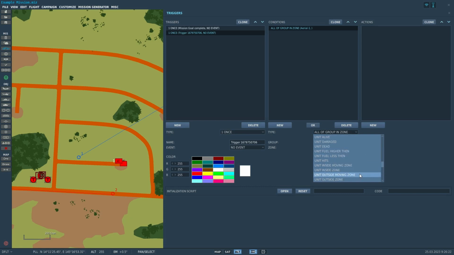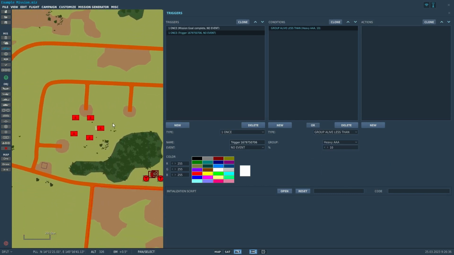Another good one is group below, group alive less than, and you can think of this group alive less than as a sort of group health indicator. So let's use this for the heavy AA, for instance. Over here you see this group of 6 flak guns, and if we say the group is alive less than, say,